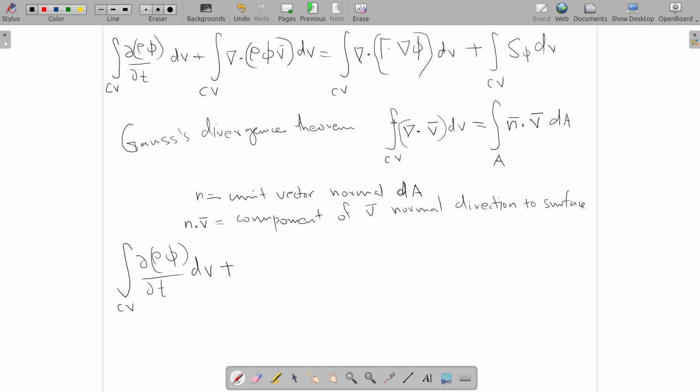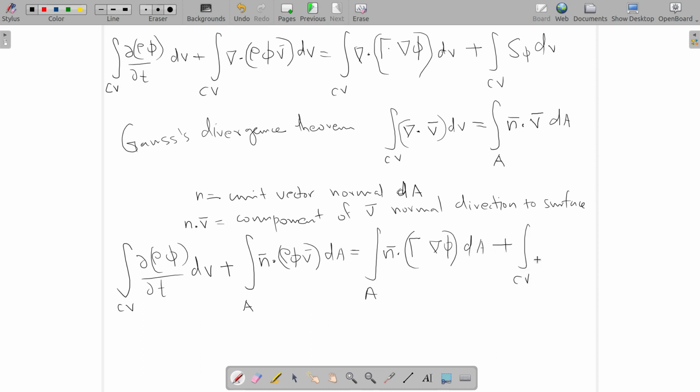Using the divergence theorem, del dot a vector can be written as the surface integral of n dot that vector, which is rho phi v, dA, is equal to again n dot gamma grad phi dA